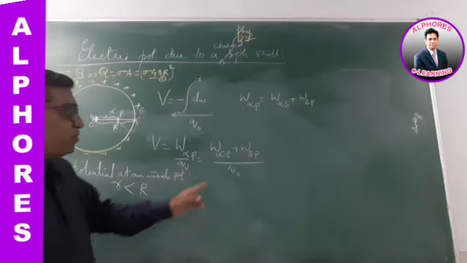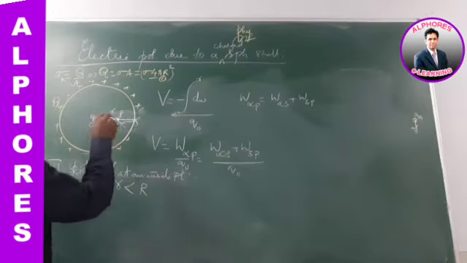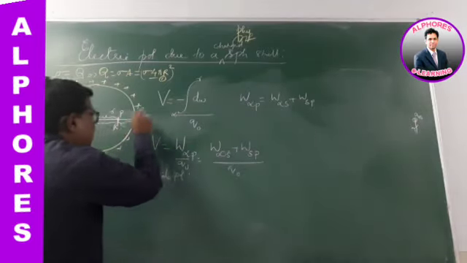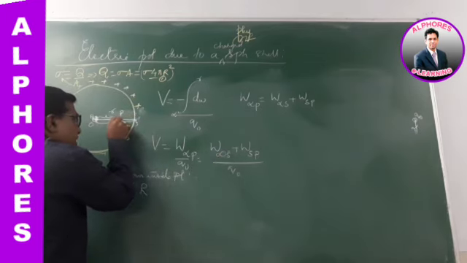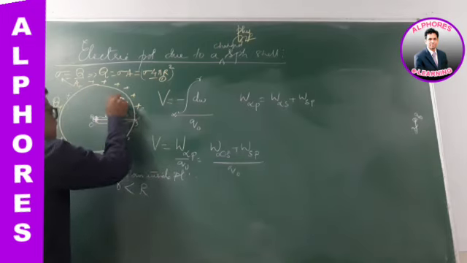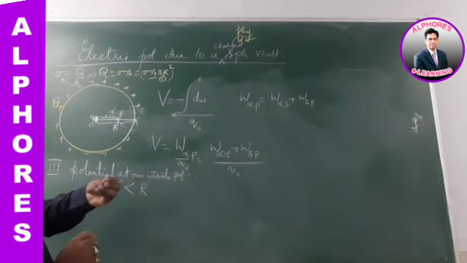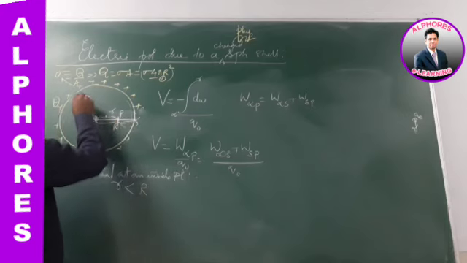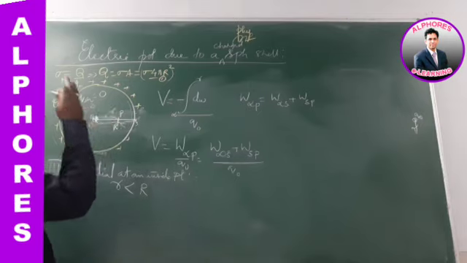But you know, if you consider the work done in moving the charge from surface to point P, suppose I have come from infinity to the surface, the work done is W infinity to surface. Now I am moving from surface to the point P. While moving from surface to point P, there is no charge existing. There are no lines of force whom I have to oppose. There is no force of opposition. Inside the hollow charged conductor, the charge is 0. The flux is 0. The electric field inside is 0. There are no lines of force inside.